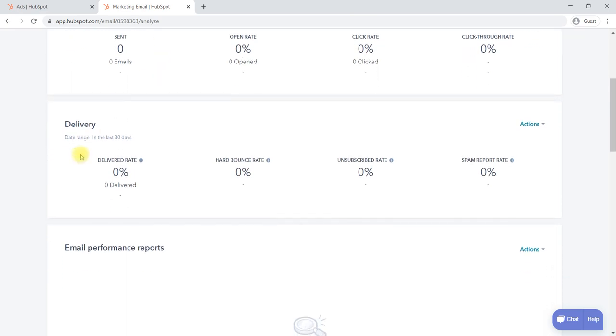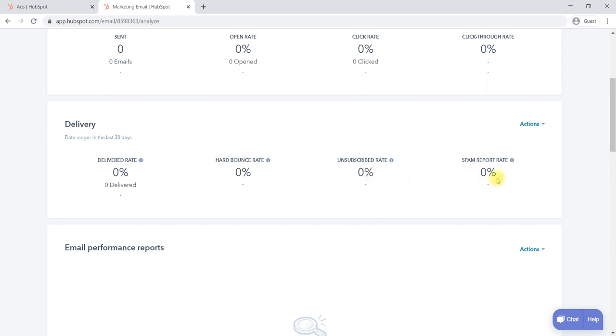For example, you sent 100 mails, how many of them have been delivered, and how many have bounced, that is the hard bounce rate. Immediately, it means it is not delivered, meaning the email address is not proper. Okay, and unsubscribed: if you ask people to subscribe to your email, then you can check how many of them have not subscribed.